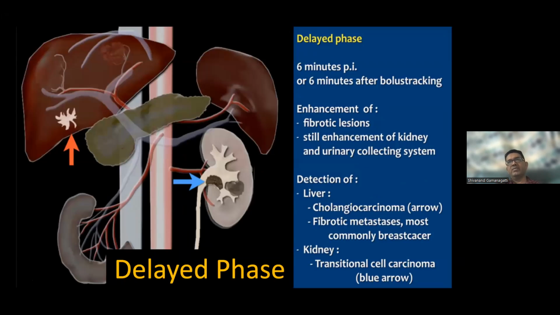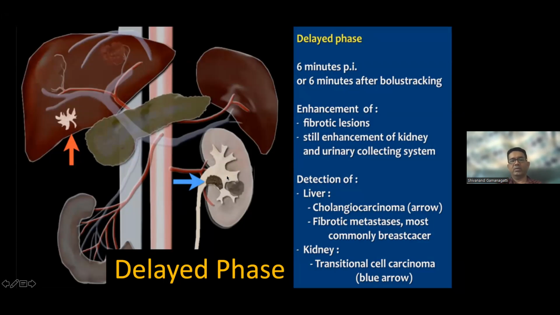Now comes the delayed phase. Again, when we say it is multiphasic, all three image phases are acquired: late arterial, portovenous, and the delayed phase. Delayed phase is acquired at about 5 to 6 minutes. Again, this is where the entire contrast has washed out from the liver parenchyma. Only the fibrotic areas, the fibrous containing lesions, will be showing uptake, like the cholangiocarcinoma, fibrotic metastasis, and obviously in